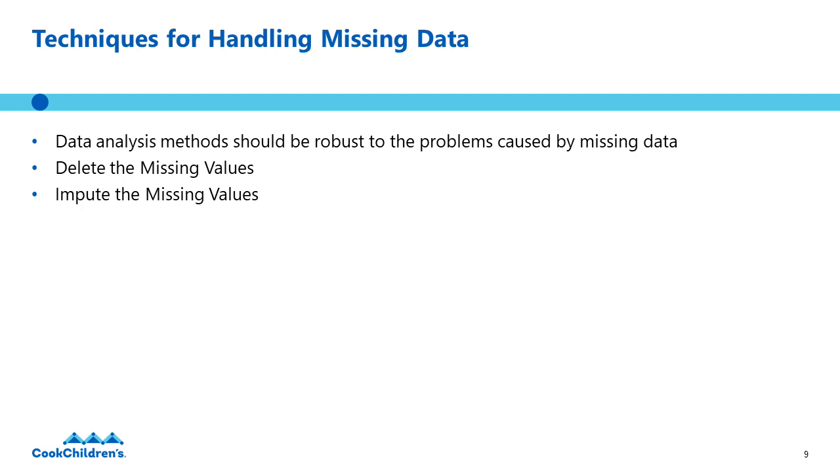There are two primary ways of handling missing values. One is deleting the missing values, and two is imputing the missing values. Generally speaking, simply deleting the missing values is not recommended until you understand the type of missing value. It is a quick and dirty technique that is frequently used. But if the missing value is the type missing not at random, then it absolutely should not be deleted. And if the missing value is the type missing at random or missing completely at random, then it can be